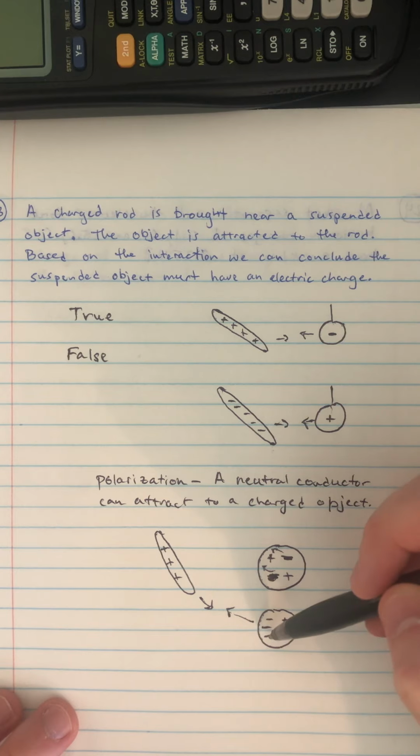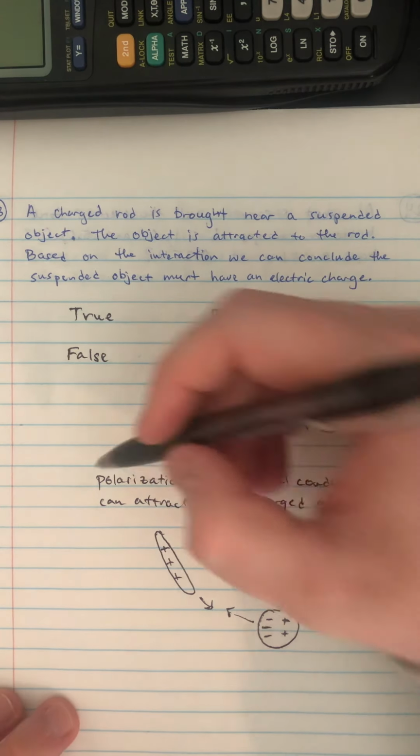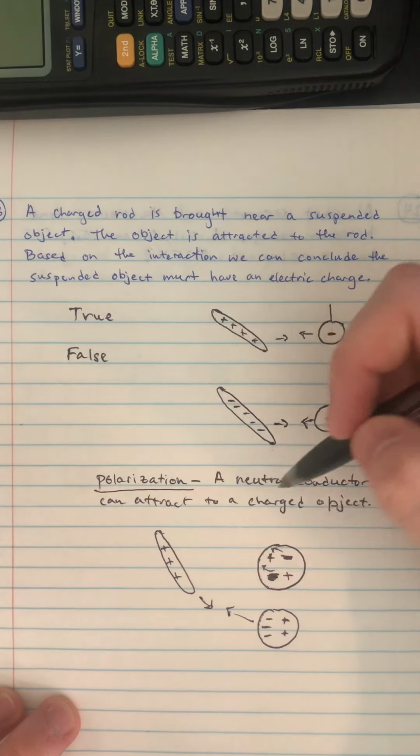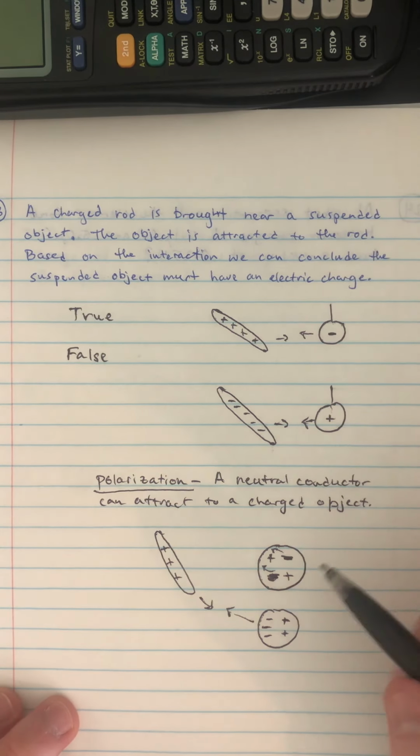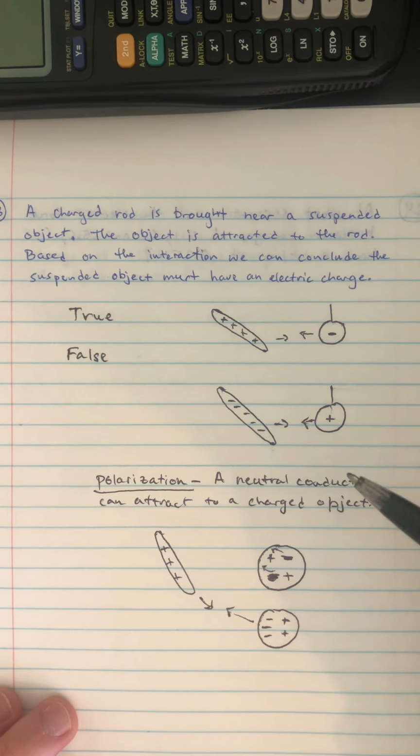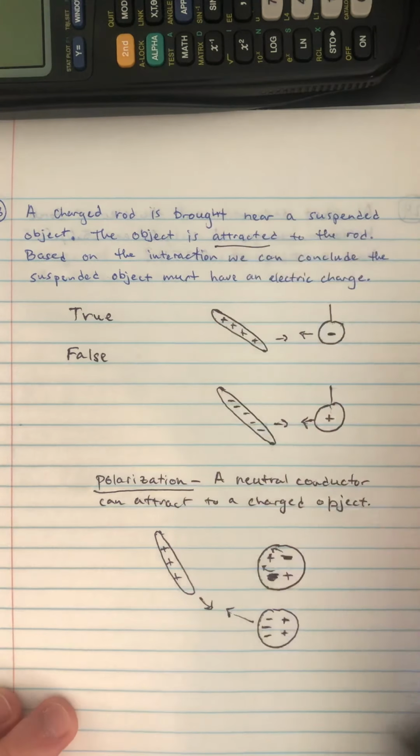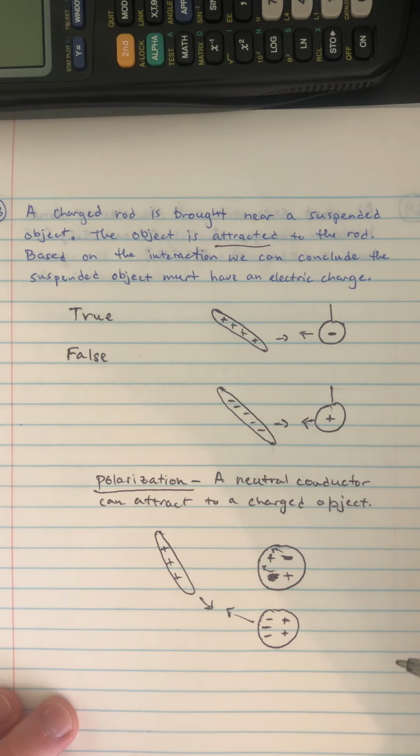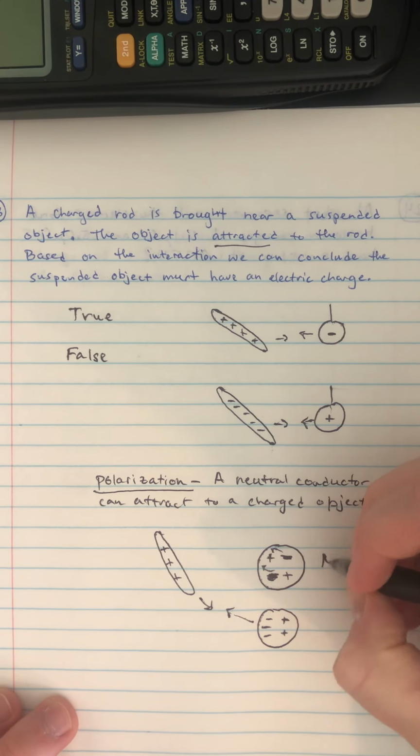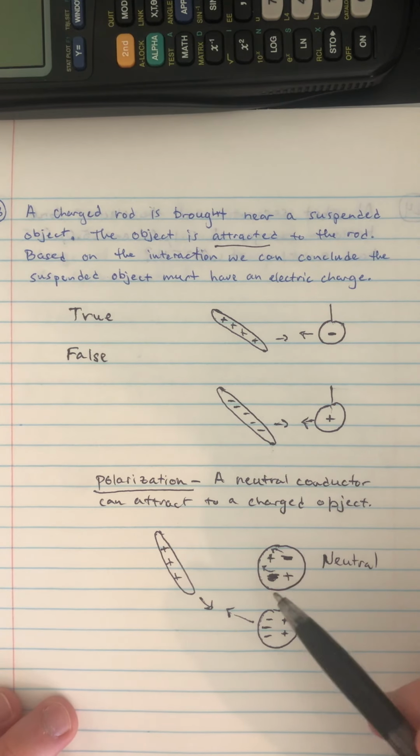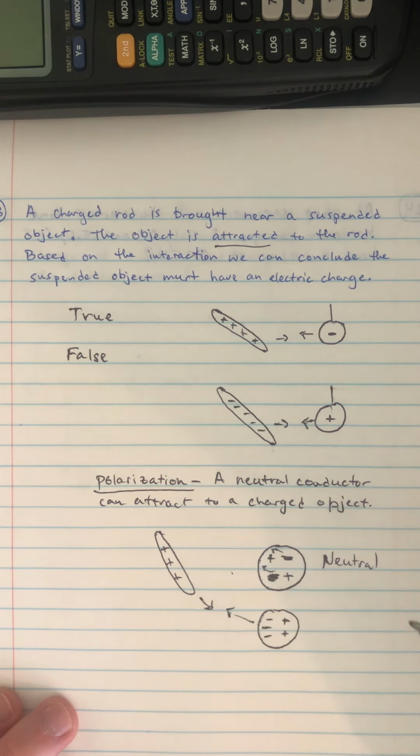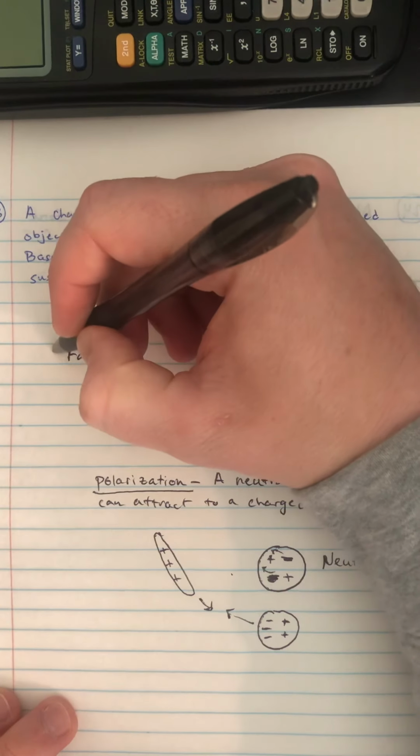We would end up with positives over here, and the positives would attract. So because of polarization, we can have a neutral object attracting to a charged object. So can we say that if there is an attraction, those objects have to both be charged? The answer is no, because this is a neutral object. It has the same amount of positives as negatives, and it can attract to a charged object. So this one is false